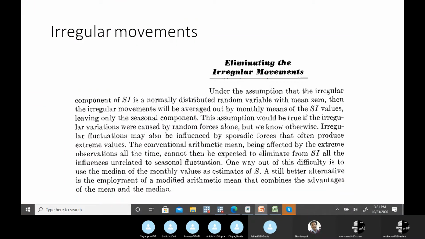To eliminate the irregular component, you have to make a seasonal index, and this seasonal index is a modified arithmetic mean of all the seasonal changes. That's a combination of a mean and median type of thing.